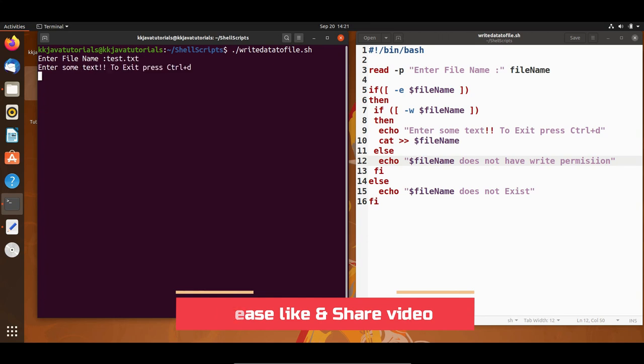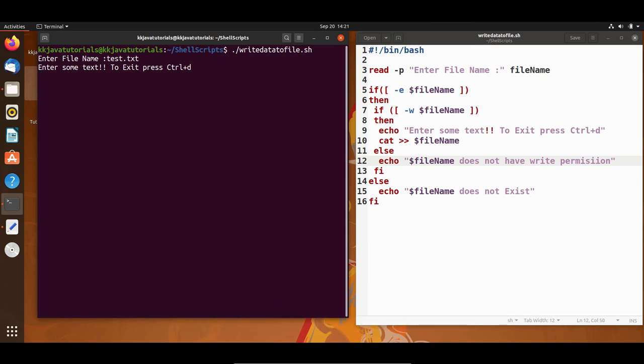If I press enter, it says enter some text, to exit press Ctrl D. So here I'm going to enter something like welcome to KK Java tutorials, right? And to exit, I'm pressing Ctrl D, right? So I have exited.